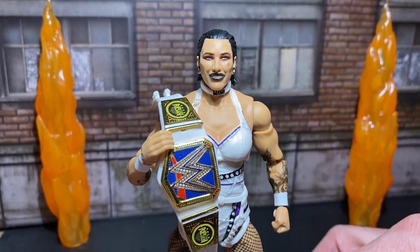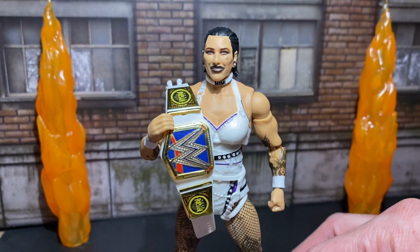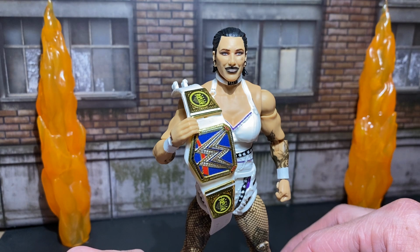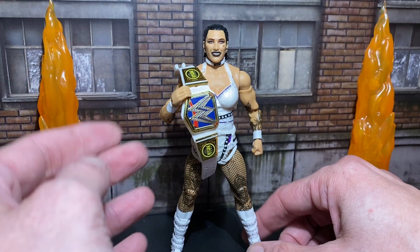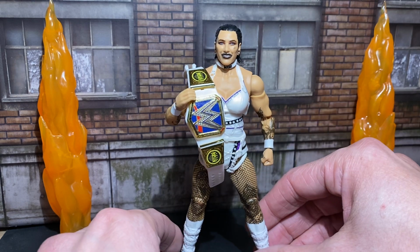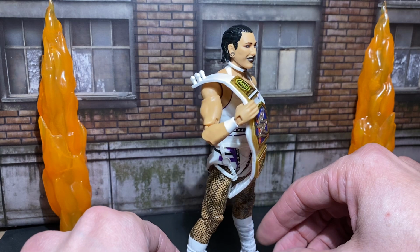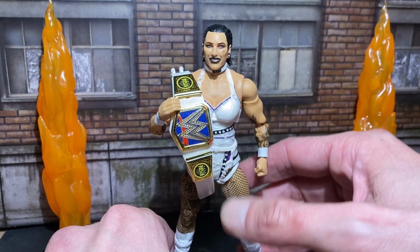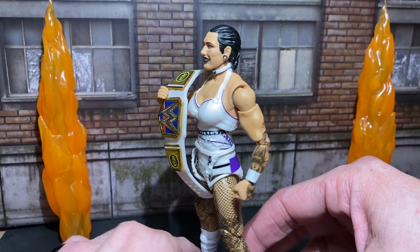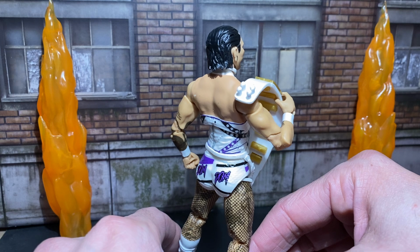Hello, everyone. Welcome back to Shadowtoys Photography. Today, we'll be reviewing Mattel WWE Rhea Ripley, the woman who got me back into wrestling in the past year and a half, maybe two, got back in because of this woman right here. Been dying for an updated new figure of hers. I don't have any other Rheas, unfortunately. But yeah,